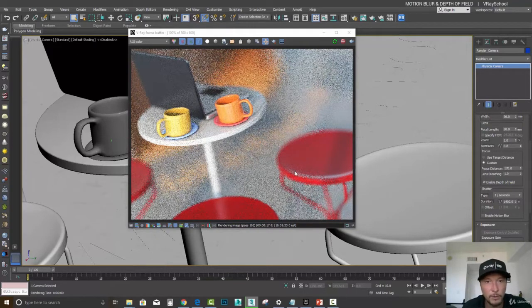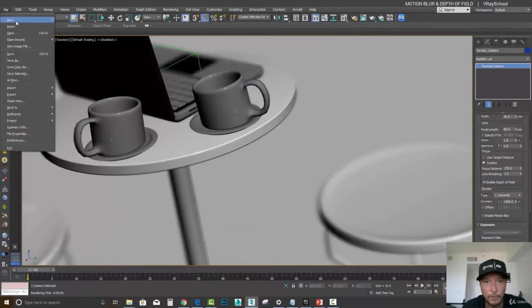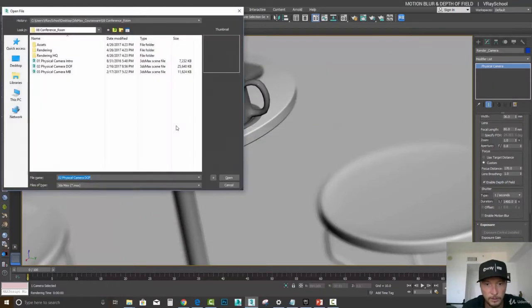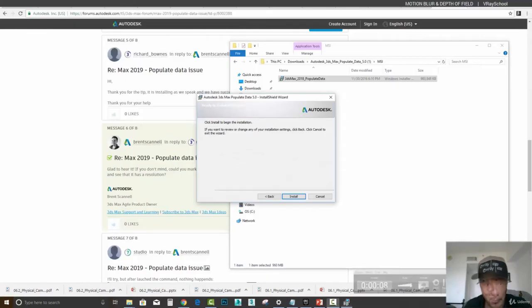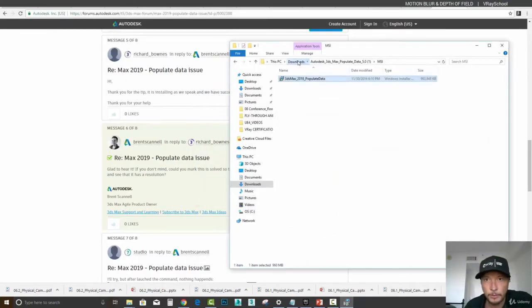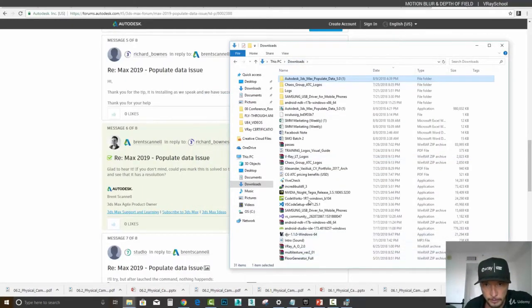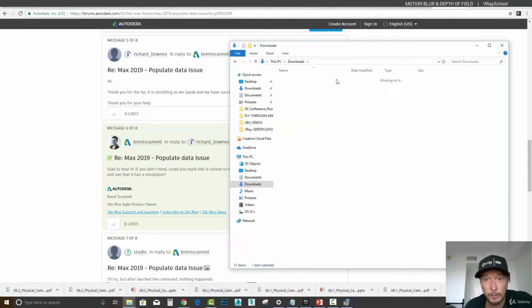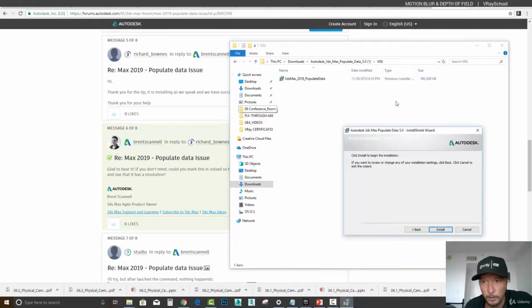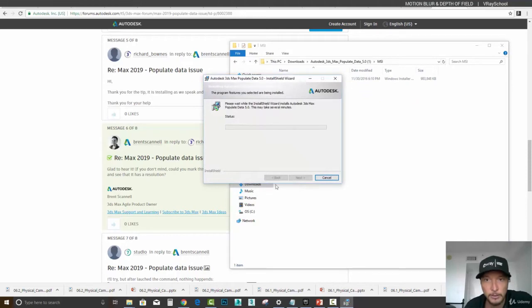We're going to test motion blur, so I'm going to open my motion blur scene here, and it says that I need to install populate data, so let's do that. Alright, so I had to locate this Autodesk populate data that I just downloaded, had to extract it because it wouldn't install, and then go to MSI and launch this manually and just click install and install the populate data on my computer